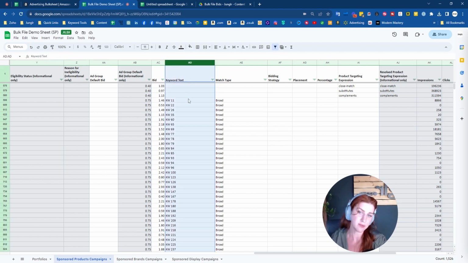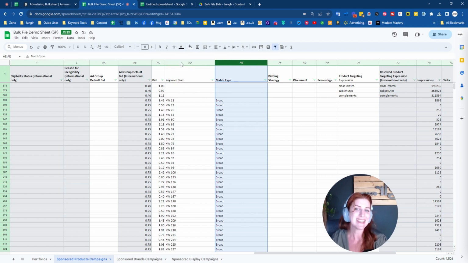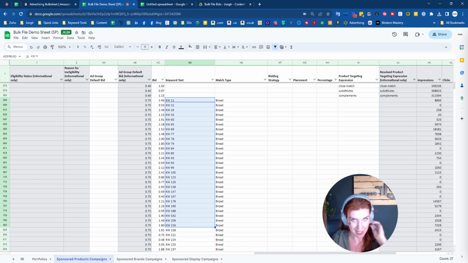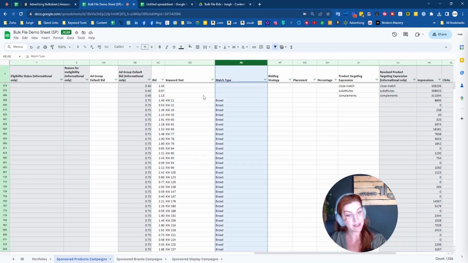So the first one that helps you identify the keyword is this keyword text and this match type. Now, again, I've kind of changed these, so I'm not giving away any information on this account as to what keywords are actually being bid on here. But if you had an actual keyword here, you would be able to see what keyword I'm bidding on as well as the match type. So again, that is helpful when it comes to bid optimizations. You want to know what you're bidding on and also what match type it is, because that can affect